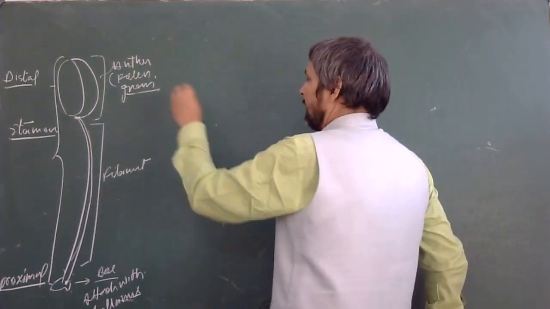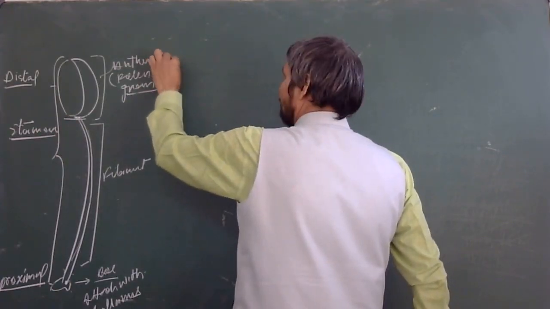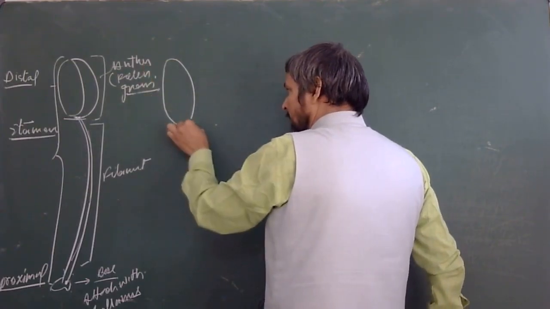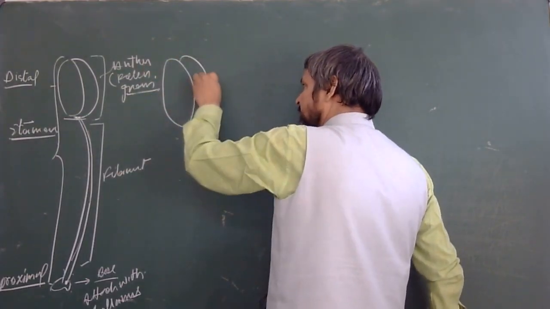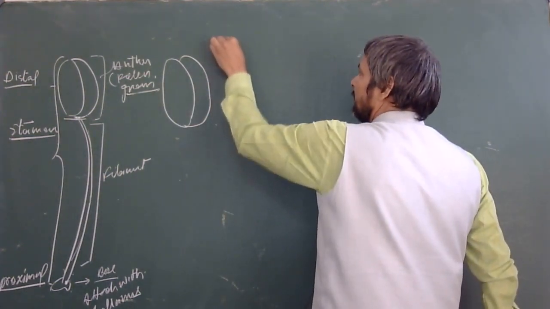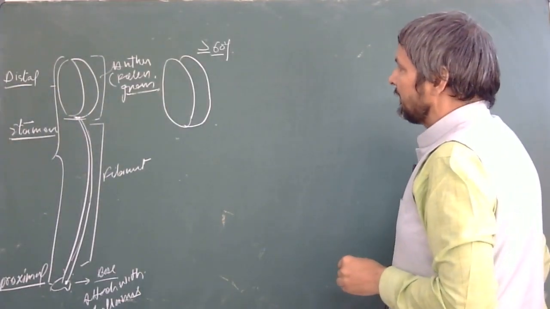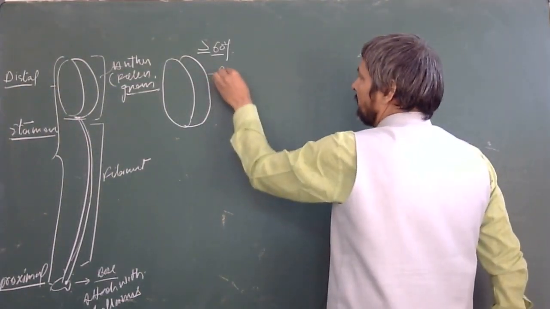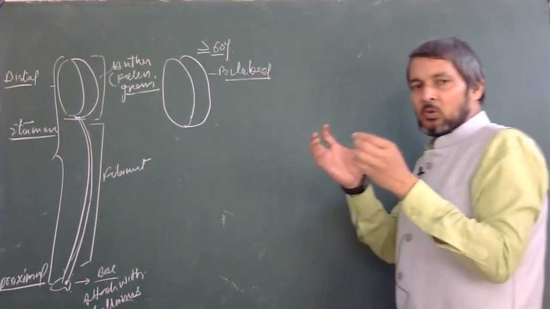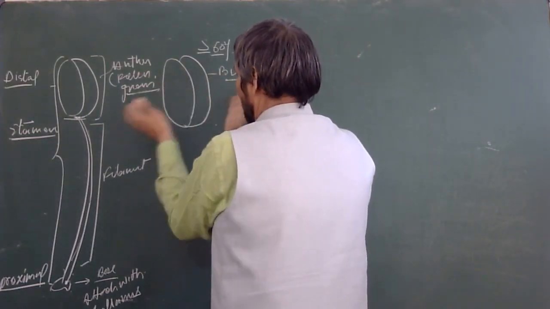You remember, if you look at the section of this, the typical angiospermic anther has two lobes. This is one lobe, and this is the second lobe. Around 60% or more than 60% of angiospermic anthers are bilobed. Remember, bilobed, they have two lobes. If you look at the section from the front end, there are two lobes separately.